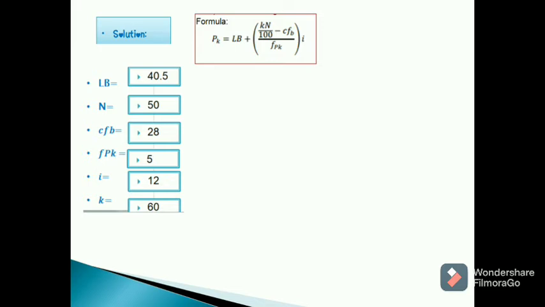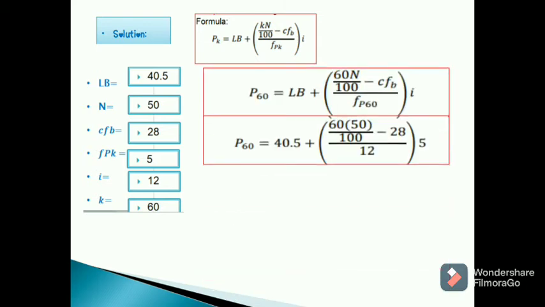And the answer is, so this is the step by step. 60, because we are going to find the percentile 60 value. So 60 is our position. 60 times n, which is 50, over 100, because this is the formula for percentile, and minus our CFB, which is 28, all over our frequency for P60, which is 12, and multiplied by the